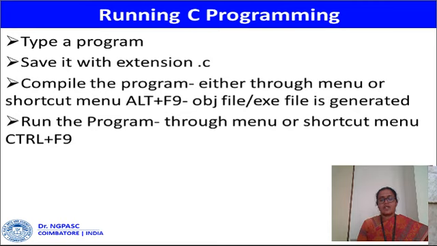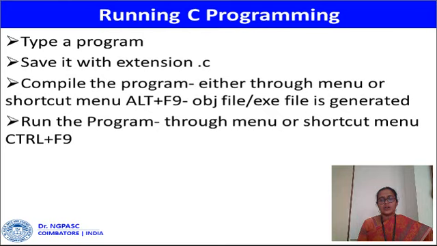So how to run a C program? After writing a complete program, how do we run it? The source code should be saved with an extension of .c, and then after saving, you have to compile it either through the menu or by using the shortcut Alt F9.